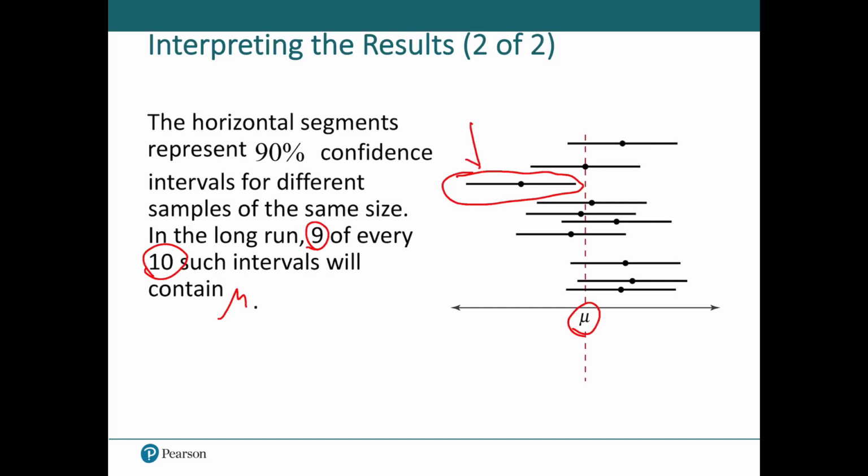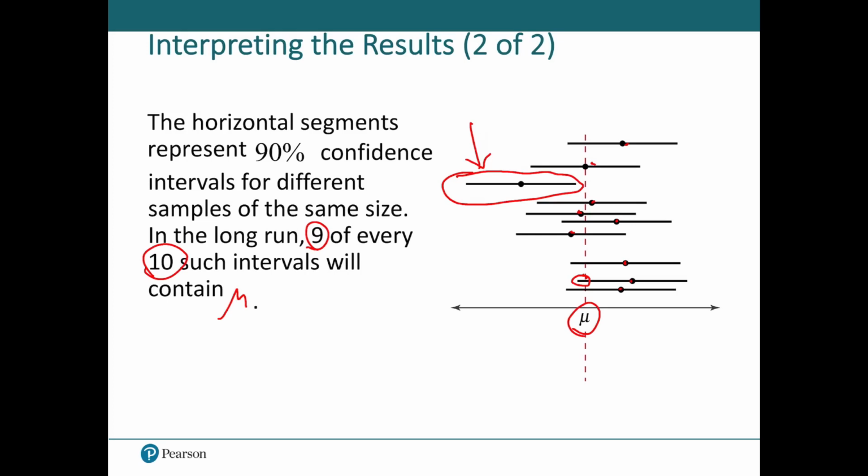We will have them contain mu. So here comes the mu. Maybe it comes along a little bit later and it reveals itself. And here's one interval that missed it. That one missed. Shame on them. But all the rest contained it. Maybe just barely, like here, just barely made it, but we got them all. Mu is in there one way or another, on the left side or the right side, but there's only 1 out of 10 that missed it.